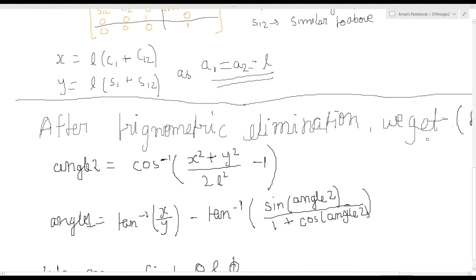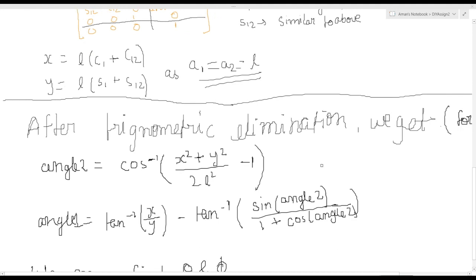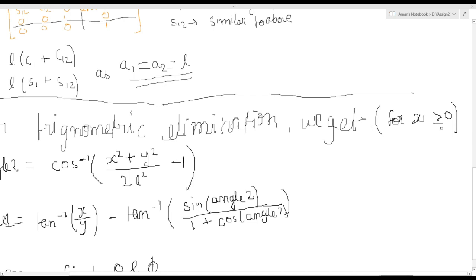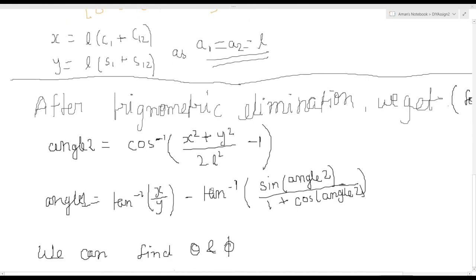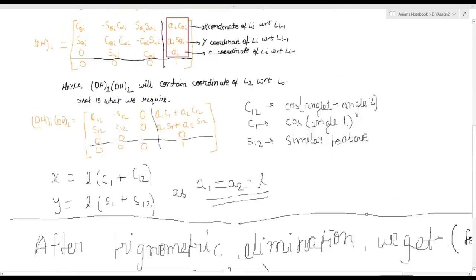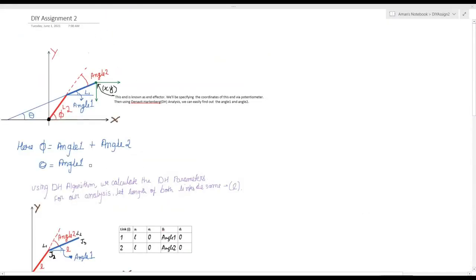After I did trigonometric elimination on these two equations, and considering a special case where x is greater than or equal to 0, we arrive at two expressions: angle 2 equal to cos inverse of (x square plus y square divided by 2L square, minus 1), and angle 1 equal to tan inverse of (x by y) minus tan inverse of (sine of angle 2 divided by 1 plus cos angle 2). So we can clearly see that we have found angle 2 and angle 1. We can easily find theta and phi using the relation given above. We can use phi equal to angle 1 plus angle 2 and theta equal to angle